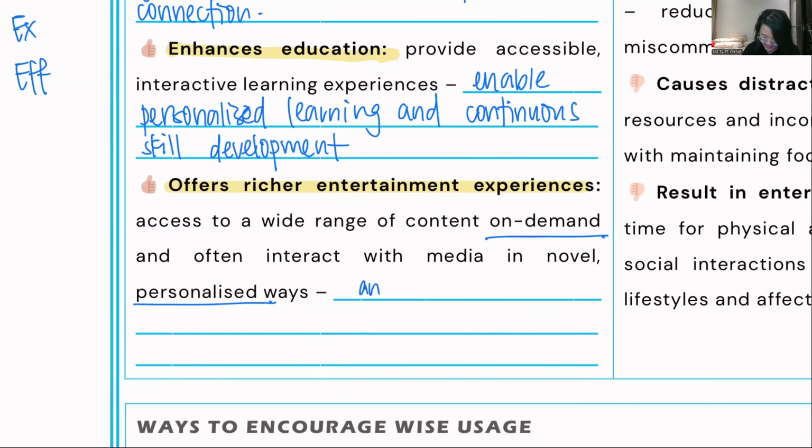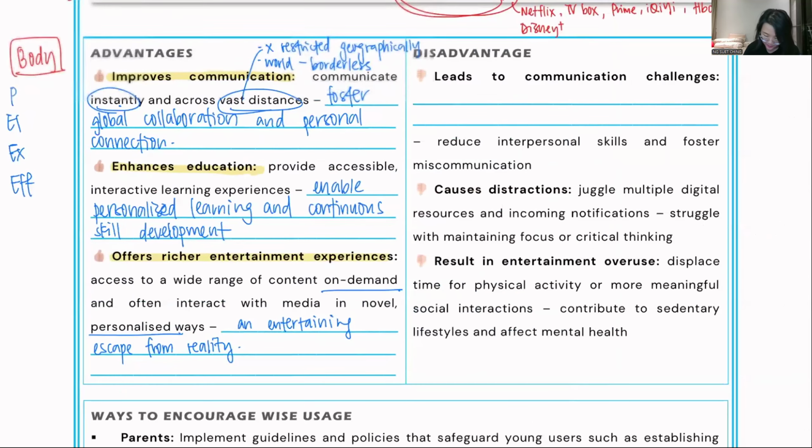It is an entertaining escape from reality. Okay. Now, disadvantages 是什么？我们讲了那么多的 communication 的好处，我们可以跟到处全世界的人 communicate or interact, but how can it also at the same time lead